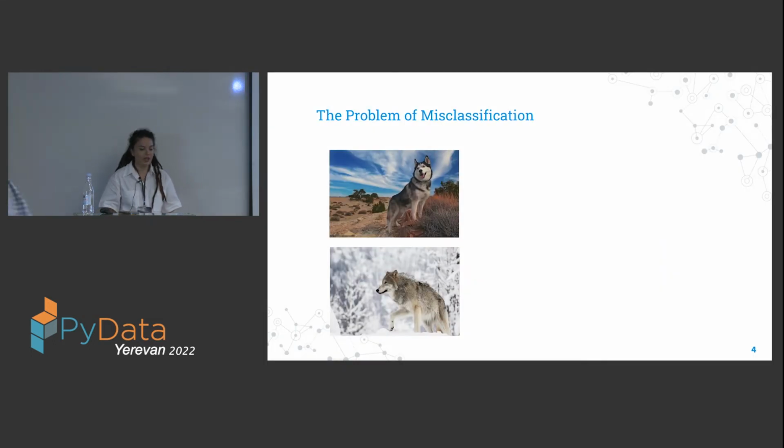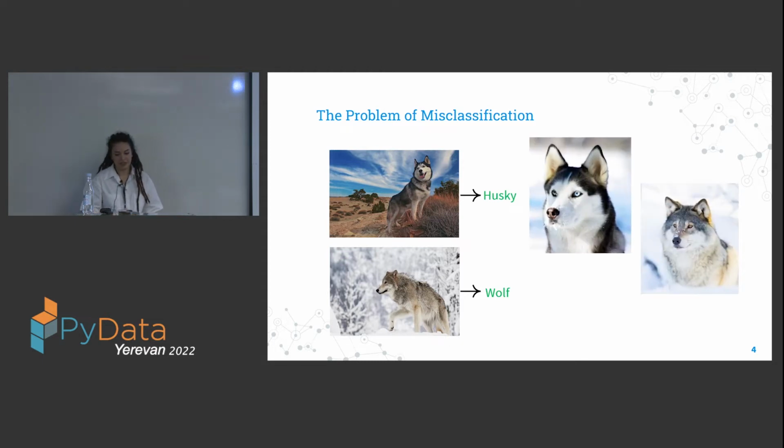The idea of machine learning is that it takes historical data, learns in the training stage, and then predicts on the testing stage based on the data that it learned from. Let's say we have a simple example to demonstrate. Let's say the machine learning model needs to decide here, is it a husky or a wolf? In this one, it of course predicted correctly, but in the next example, we got a misclassification.